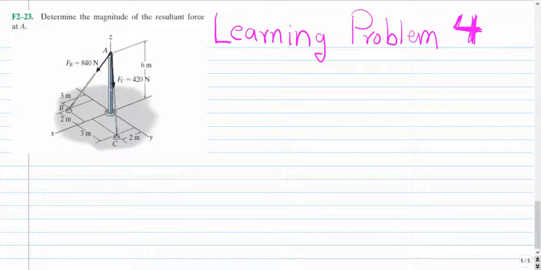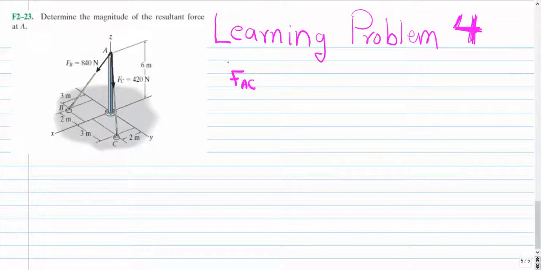vector. So in order to solve this question, we'll first have to find the Cartesian forms of both FAC and FAB. Once we have their Cartesian forms, we can add them, and after that we can use the resultant force formula to find their resultant magnitude. So let's find the Cartesian form of FAC first. So the first thing that we are going to solve for is